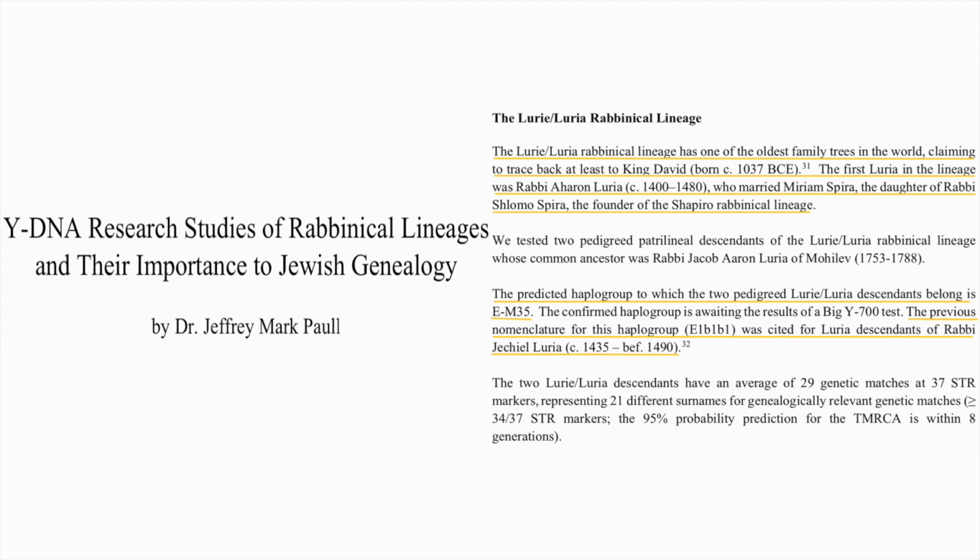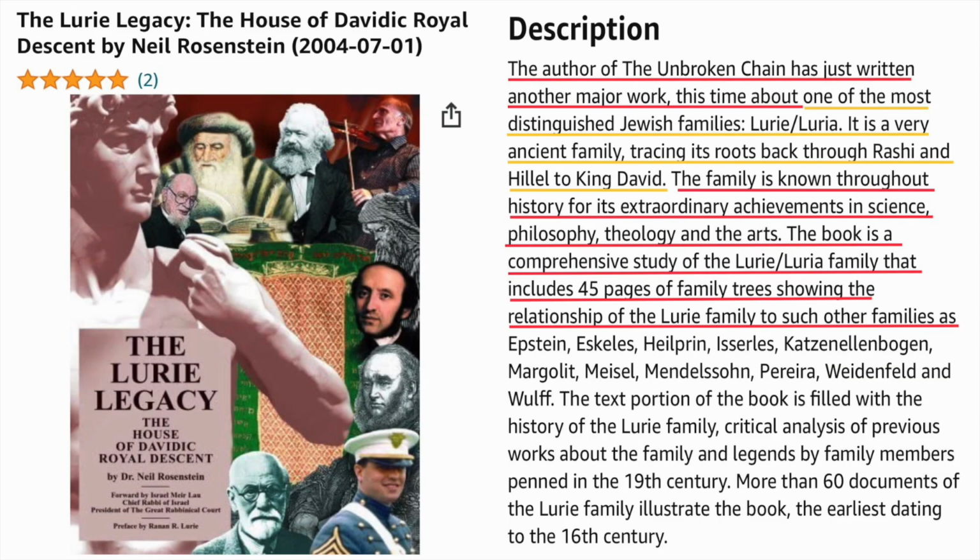The predicted haplogroup to which the 2 pedigreed Laura descendants belong is E-M35. The previous nomenclature for this haplogroup, E1B1B1, was cited for Laura's descendants, the Rabbi Jekyll Laura, circa 1435 through 1490. There's a great book on this family titled The Laura Legacy, the House of Davidic Royal Descent, and it reads,